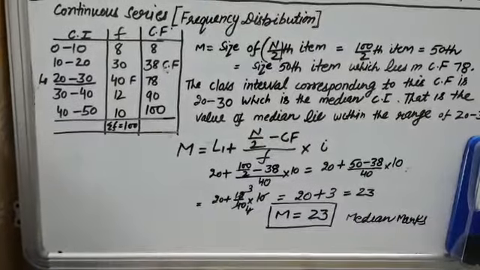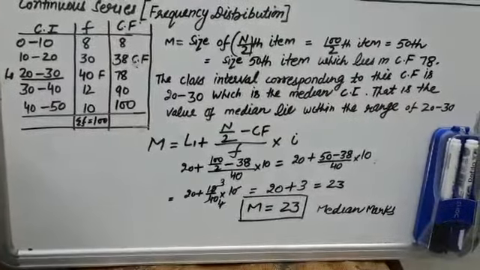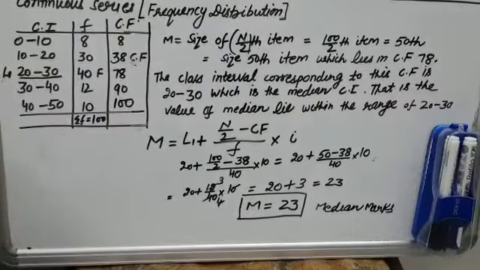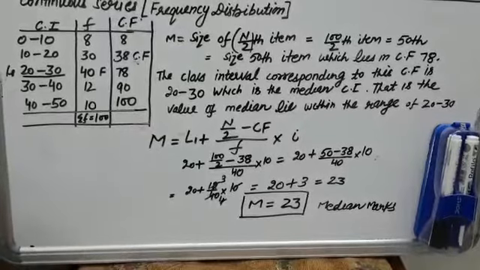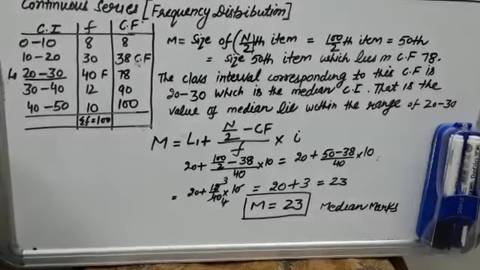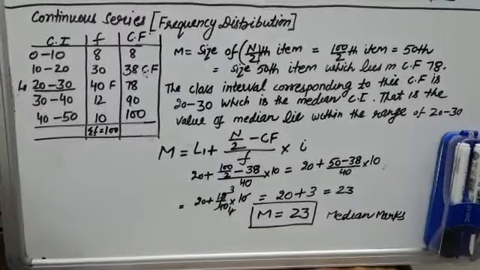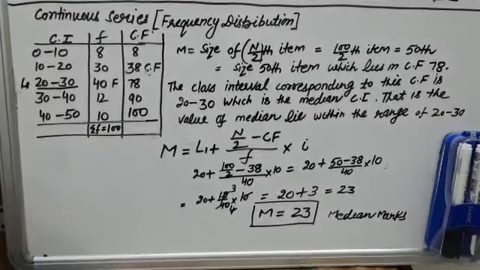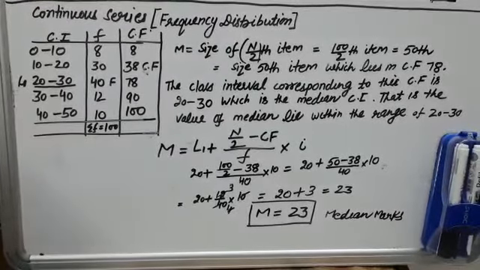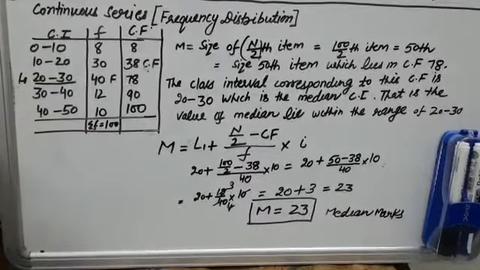So students, there can be any type of continuous series. It may be a cumulative frequency series, it may be an inclusive series, but what is to be done? They have to be converted first into exclusive series, and they have to be arranged in ascending order. Then and only then you shall be able to calculate the exact median.